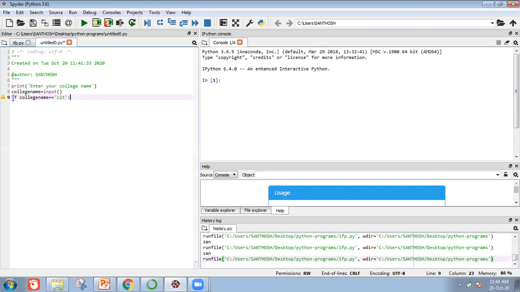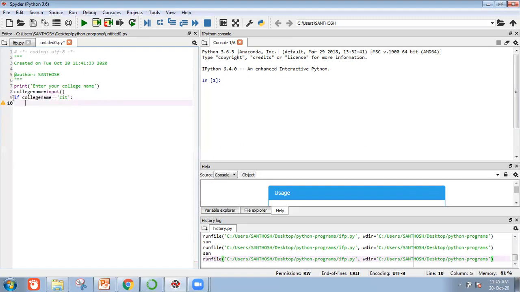But in C and in Java, first we write the if keyword and then parenthesis, and inside that parenthesis we write the condition. But here there is no parenthesis. So after if, you just leave one white space, then write the condition, and at the end you put a colon. Okay, and then next, indent printf.